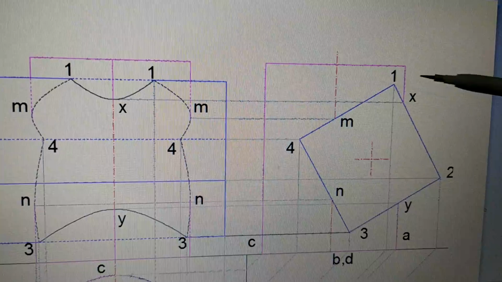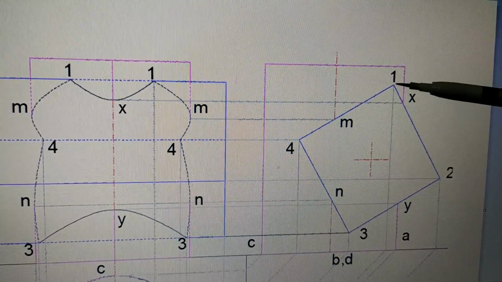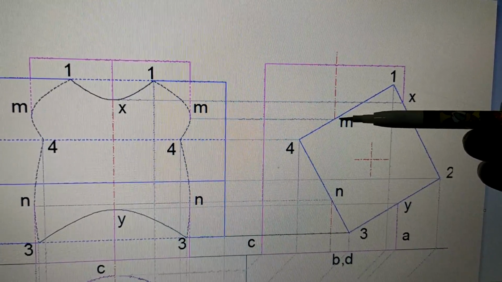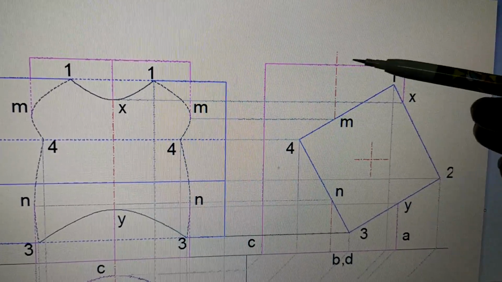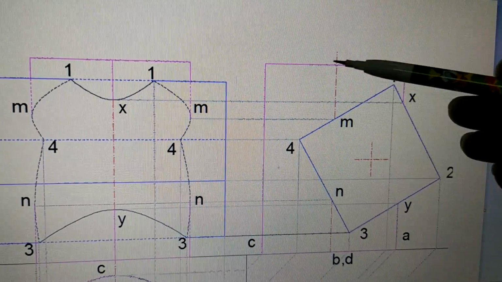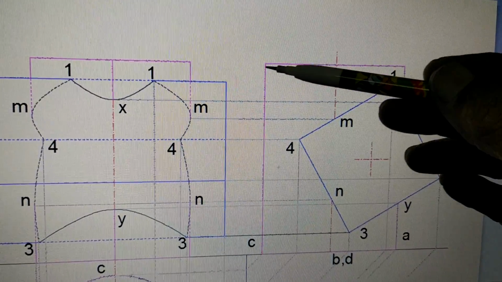First of all, this is the generator at A that is seen, not the edge, the surface. Then point number 1, then this is the surface, and after this surface, from this point it goes behind. You can see this is a cylinder. So this is the front side of the cylinder, this is the back side of the cylinder. So whatever is on this front side is seen, whatever is on this side is going behind.